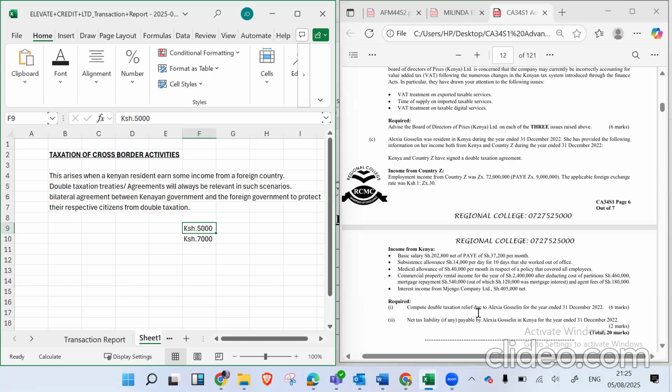Out of the 7,000, has the Ugandan government confirmed that you paid some taxes there? Yes, there's a double taxation treaty. We can confirm that. The Ugandan government confirms that yes, in that 50,000 that he earned in our country, we taxed him 5,000. Then it goes back to us and says, okay, out of the 7,000 that is taxed on this income of 50,000, in Uganda he has already been charged 5,000. So let us not double charge him. Let us not double tax him. He only gives us the difference of 2,000 so that eventually he has paid a total tax of 7,000 and not 12,000.